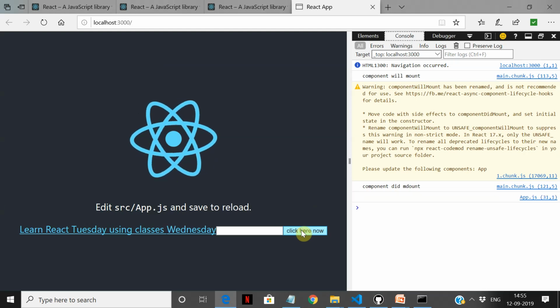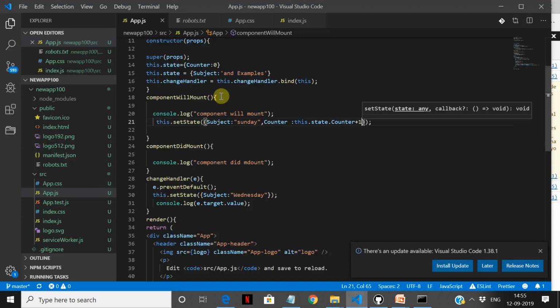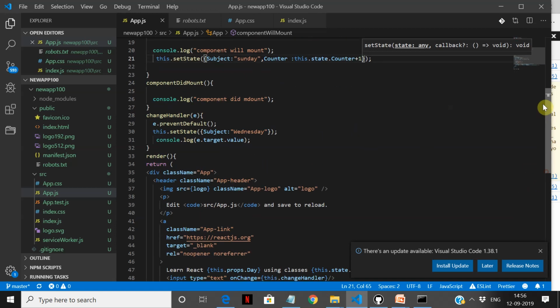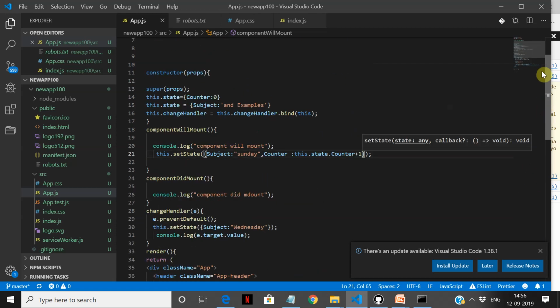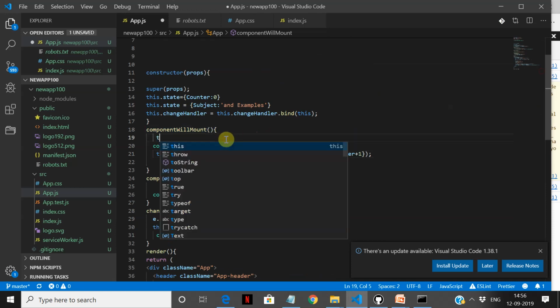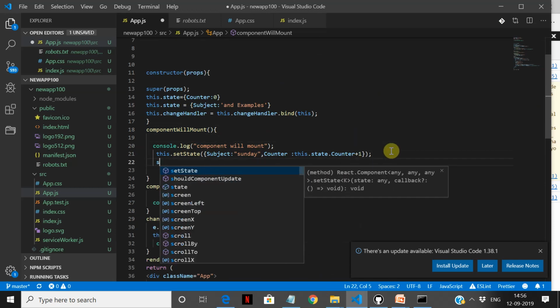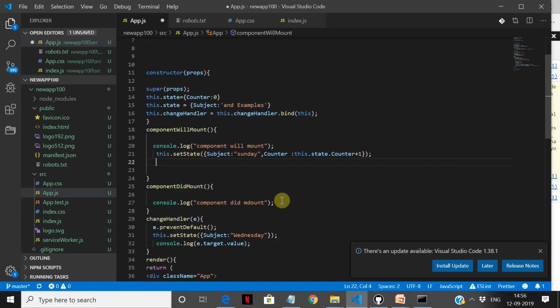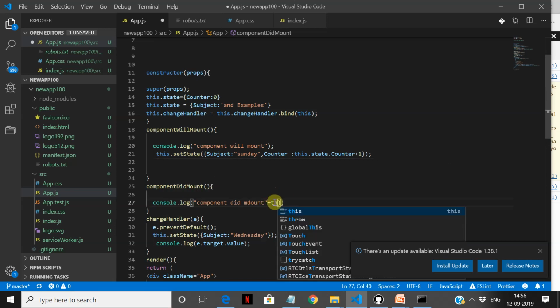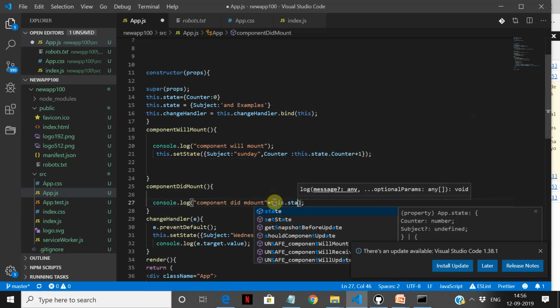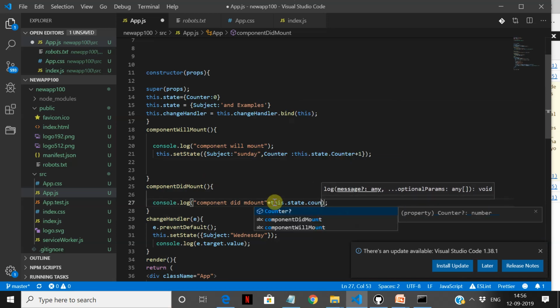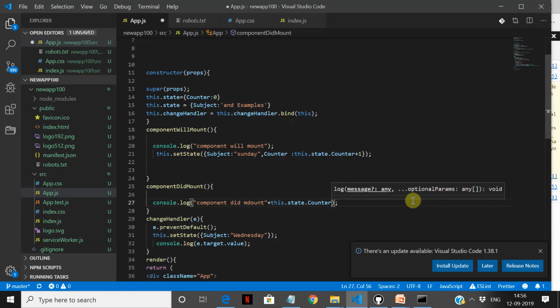We create the state and we're adding one more value here, and let's see the value of that counter. So what I'll do is increment the value of the counter here. Let us see the value of the counter.